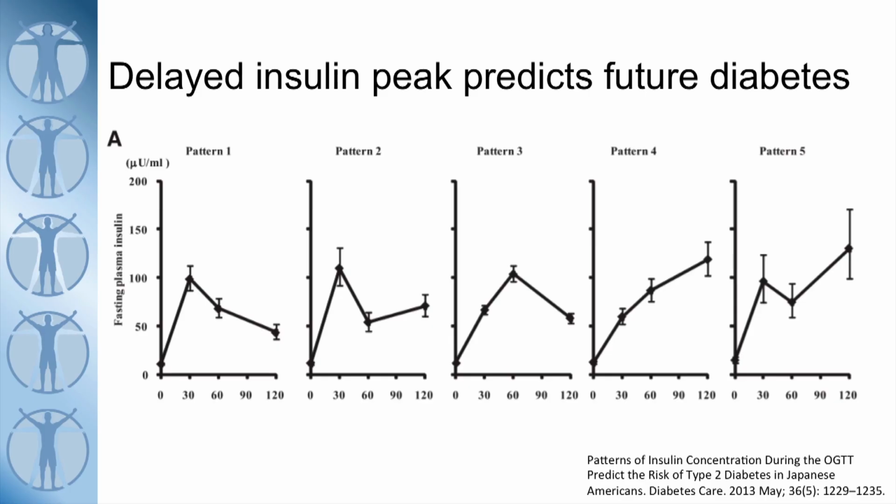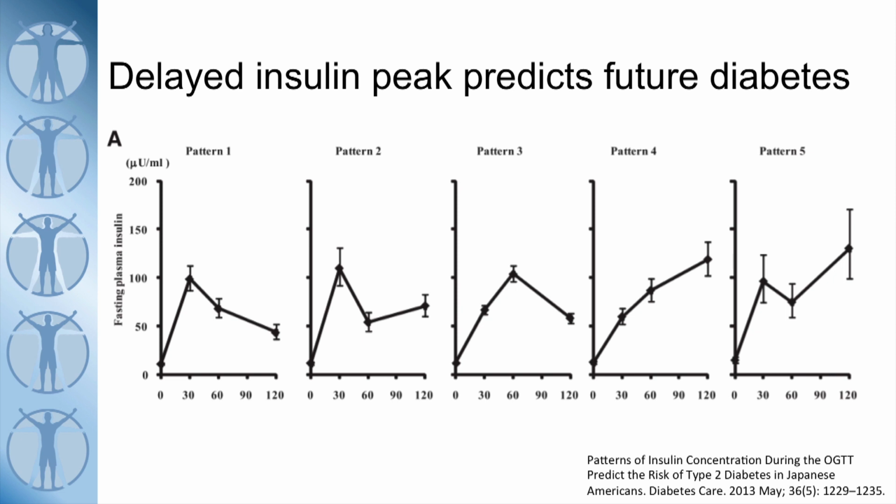And this is really, really important because the pattern of insulin, the height of insulin, is very predictive of your future health outcomes. This was a really nice study published several years ago, and the main finding from this study was that the peak insulin, depending on whether it occurred at 30, 60 or 90 minutes, was very predictive of your chance of developing diabetes over the next 11 years.